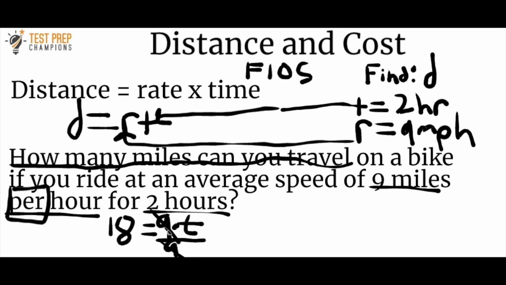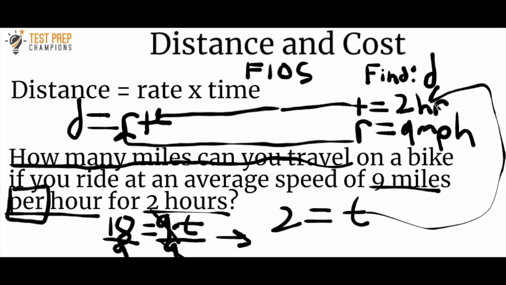9 divided by 9 is 1. 1 times t is just t. And so whatever you do to one side, you always have to do it to the other as well. So what's 18 divided by 9? Well, 18 divided by 9 is 2, so we see that t equals 2, which is correct because